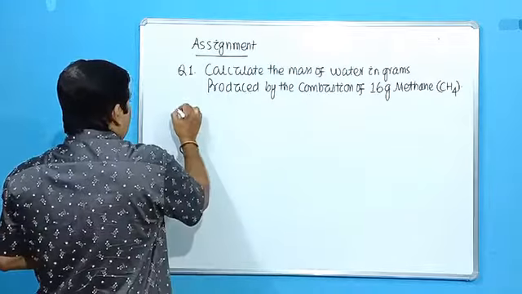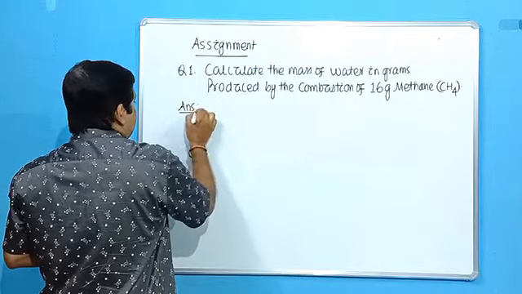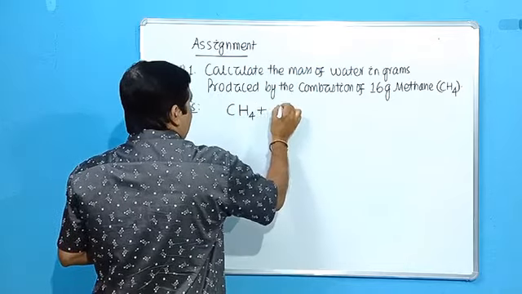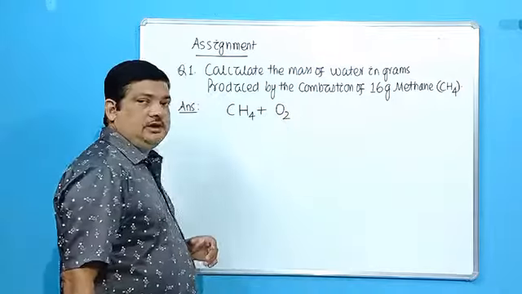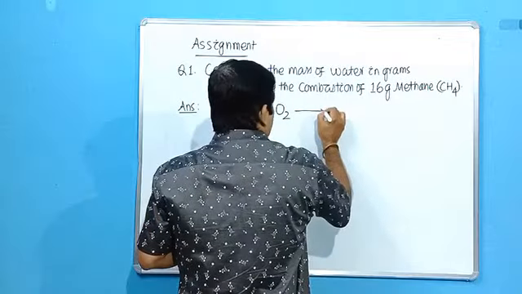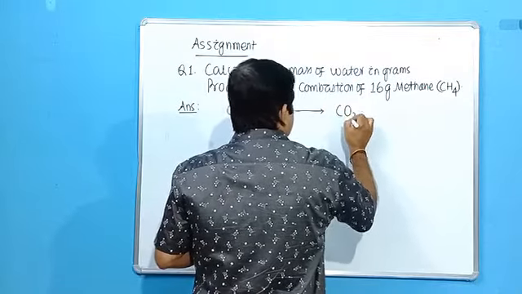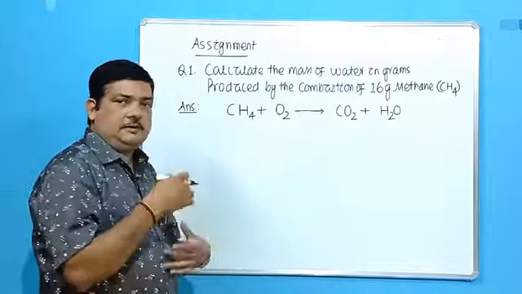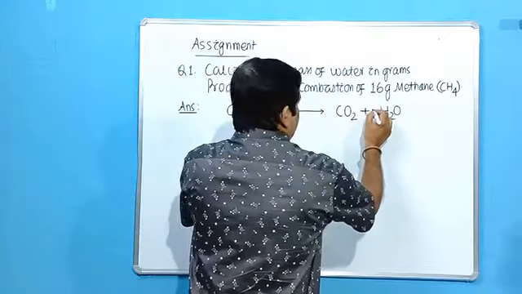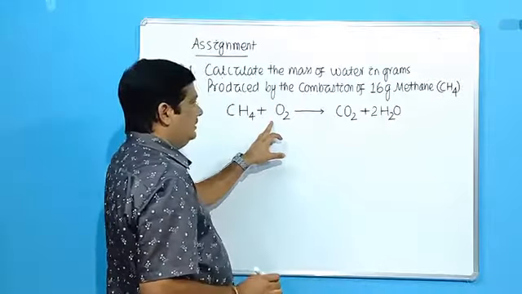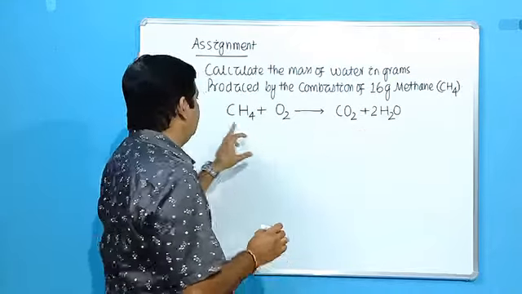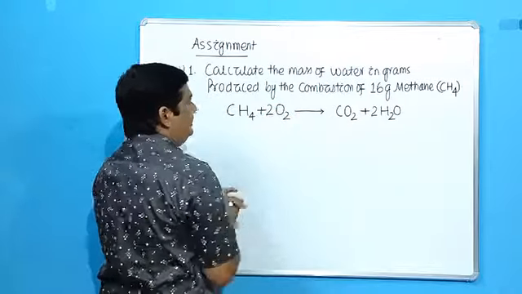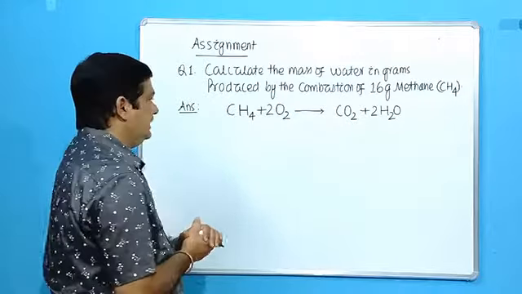So what is the key? We have to start with the balanced chemical equation. Methane, you know the formula is CH4. Combustion means definitely oxygen is involved. So what will they produce? They will produce carbon dioxide and water. This is the skeleton reaction. You have to balance it. For O2 we will multiply 2 here, and with CH4 hydrogen is balanced. Now oxygen becomes 4, so we will multiply 2 here. So this is the balanced chemical equation.